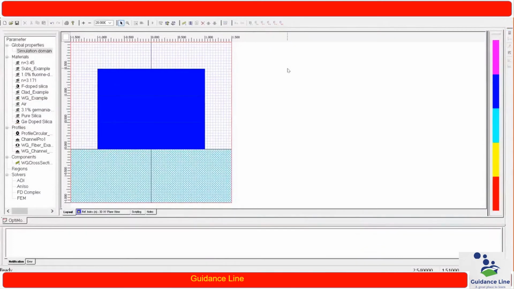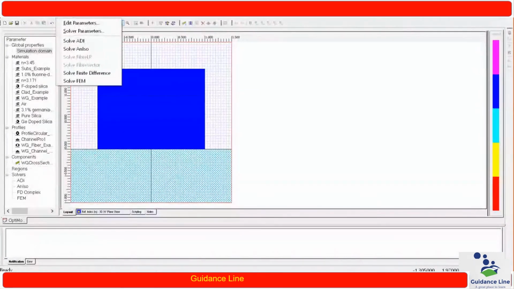Now, for analyzing the modal profile for this particular waveguide, I have to click on the solving option in the toolbar. So in the solving option, we have solver parameters. Apart from that, we have different types of methods by which we can calculate the mode for this cross section of a waveguide. Okay, so I can directly click on these methods also, but I am clicking on the solver parameters.